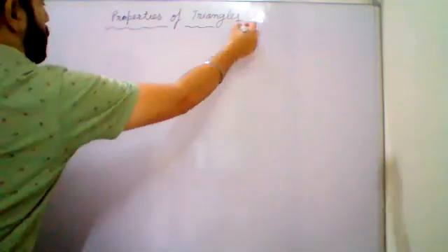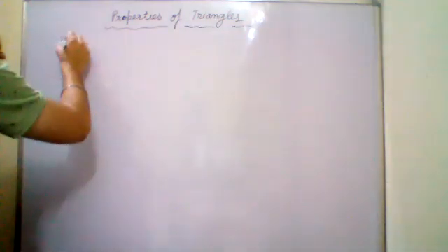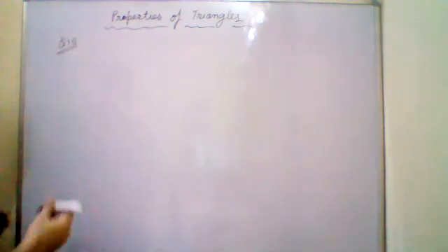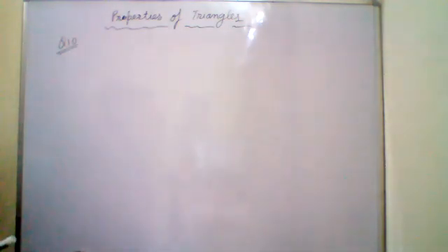So let us start doing question number 10. Today we have to do question 10 of exercise 15A. Yes, sir. Board is visible clearly. In a triangle ABC, twice of angle A is equal to thrice of angle B is equal to 6 times of angle C. Calculate angle A, angle B, and angle C.